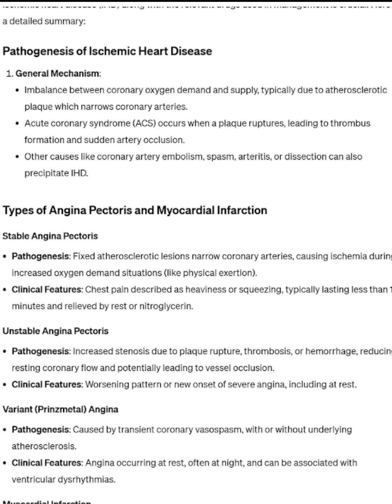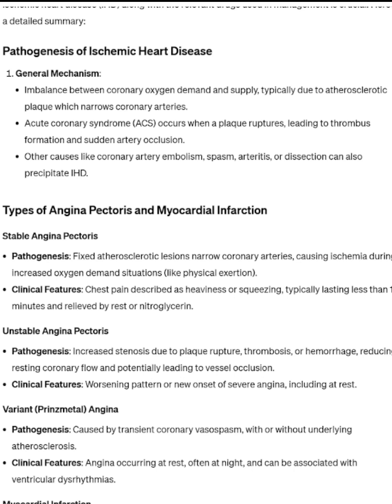Other causes like coronary artery embolism, spasm, arteritis, or dissection can also precipitate IHD. Types of angina pectoris and myocardial infarction. Stable angina pectoris, pathogenesis. Fixed atherosclerotic lesions narrow coronary arteries, causing ischemia during increased oxygen demand situations like physical exertion. Clinical features. Chest pain described as heaviness or squeezing, typically lasting less than 15 minutes and relieved by rest or